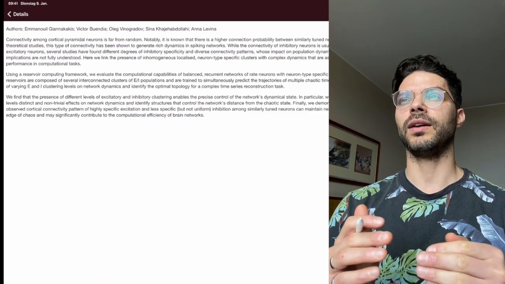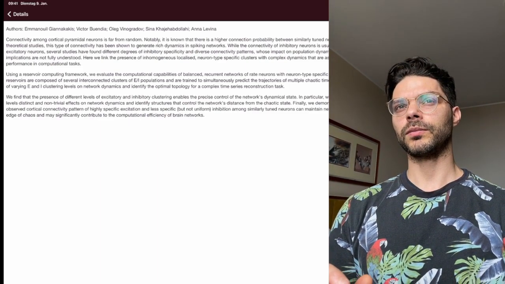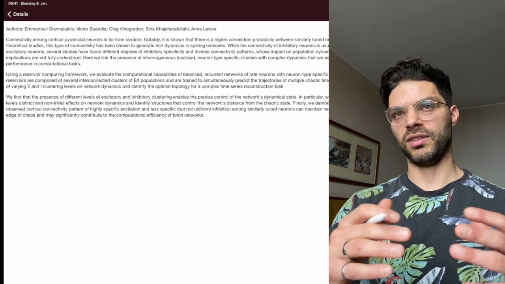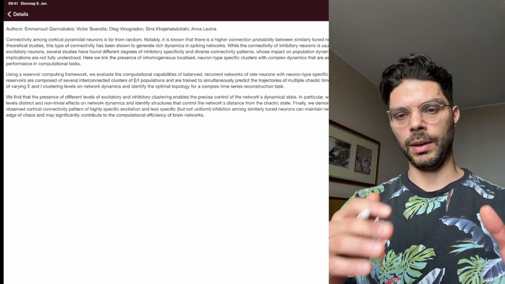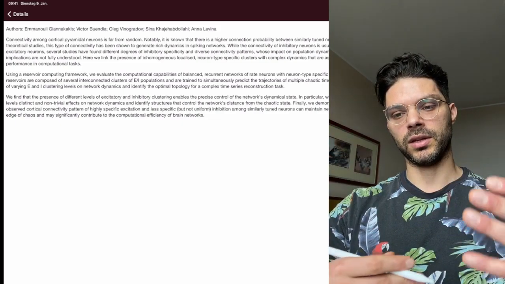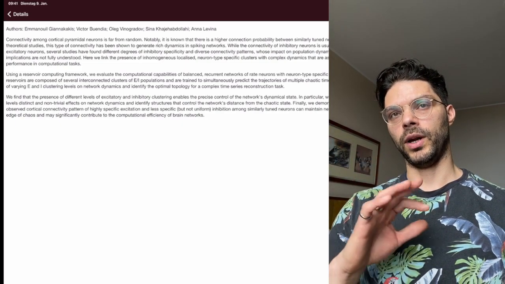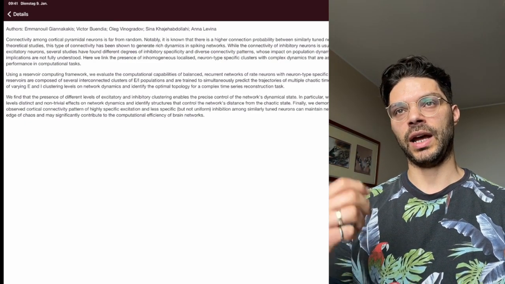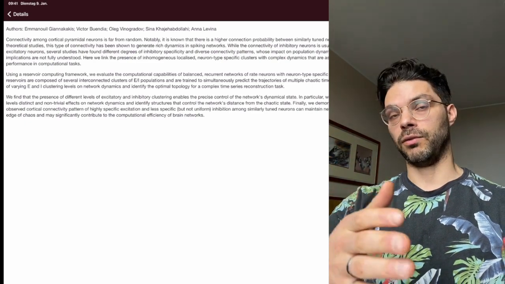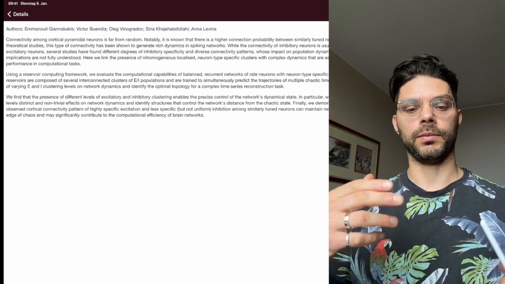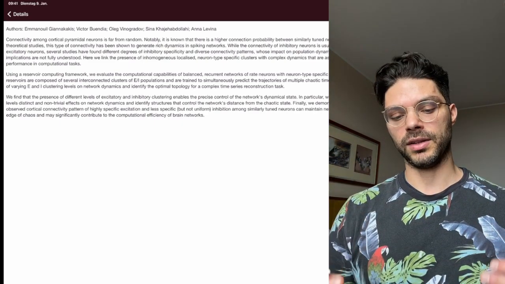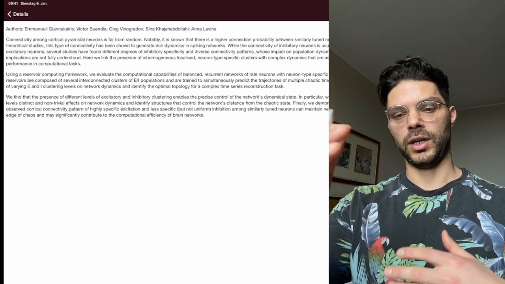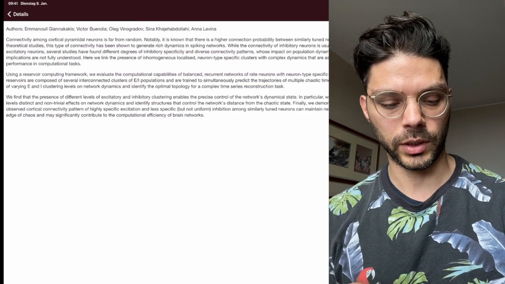What's cool about it is that the connectivity within the reservoir is just set so that the reservoir is stable and doesn't blow up, but there's lots of diverse activity coming in and out. So you don't learn that. What you learn is a readout for your specific task. Interestingly, you can have different readouts for the same task simultaneously. You can have the same reservoir doing its thing, and you can have multiple readouts for different aspects of the task. So it's pretty cool.